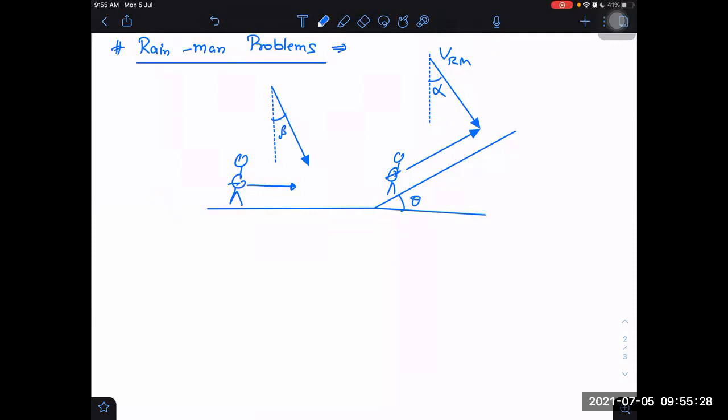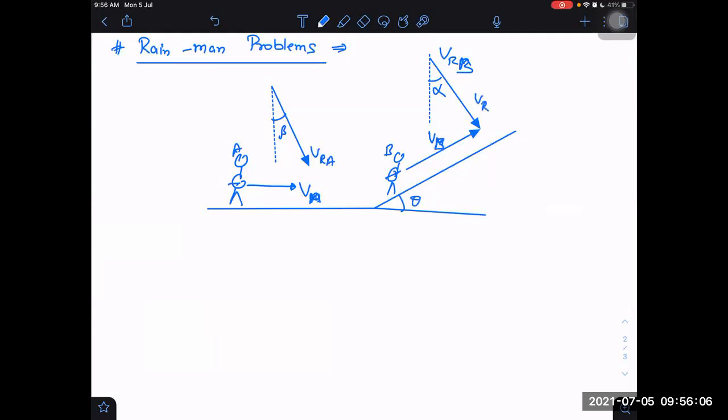Now that is the problem. First of all, he will get confused. He will think it is the same man only. So should I write this as velocity of man or this as velocity of man? Understand two different situations. Even if he is the same person, you can treat these like two different men. You can call one person A and the other person B. Then you may call it velocity of A, and that velocity of B. And you may say it is velocity of rain with respect to B, and velocity of rain with respect to A. Now there is no confusion. You know what students will do, and in books also sometimes they will do.